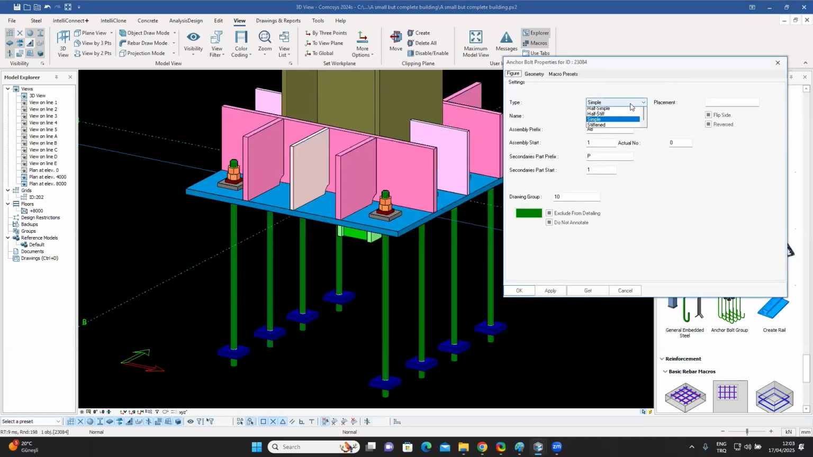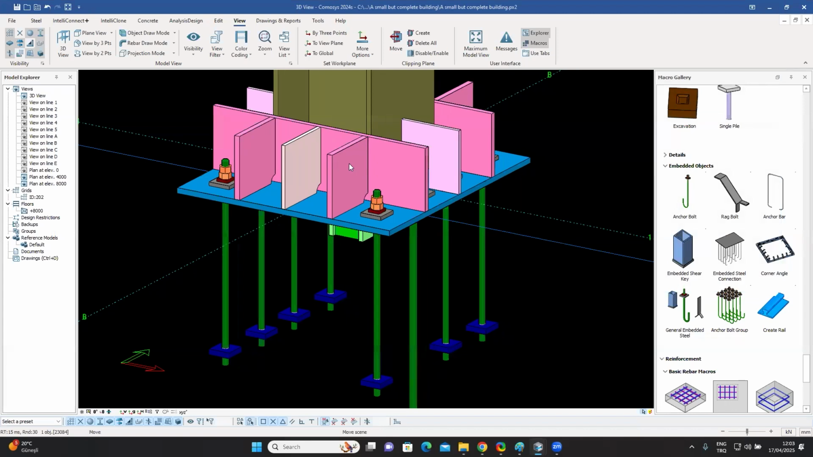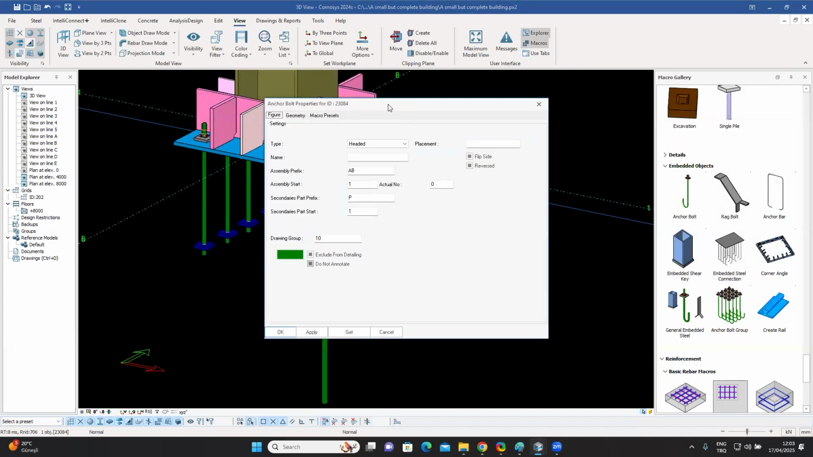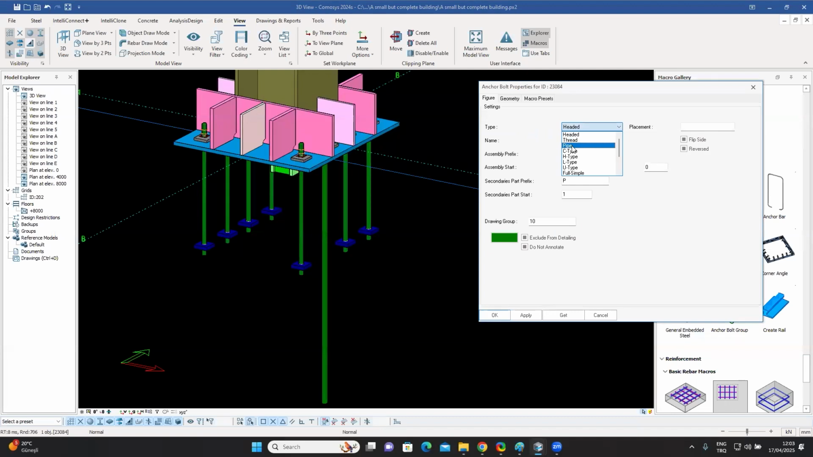You can create the simple ones like I showed, or you can create a headed one like that. Let me just move this out of the way a bit. What you can do is you can create the C type, or you can create the H type. So basically different options, and all these options are